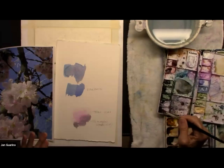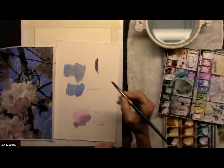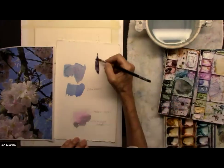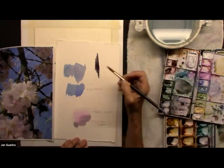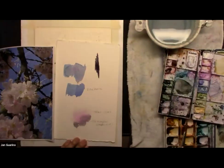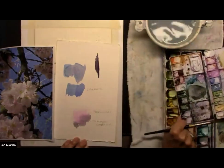So if we go in and use, let's start with a little bit of Moon Glow. That looks really good, right? Or even if we add a little bit of Shadow Violet to that, that's a beautiful color. And these colors both break into pinks and blues and violets. Perfect. I also think it will be far more interesting to drop in a little bit of my blue,